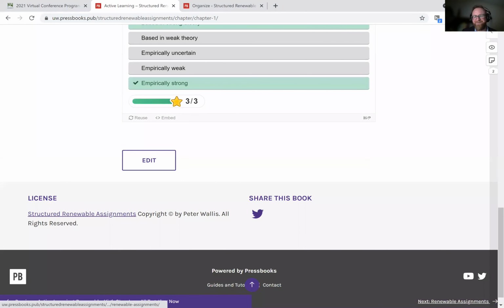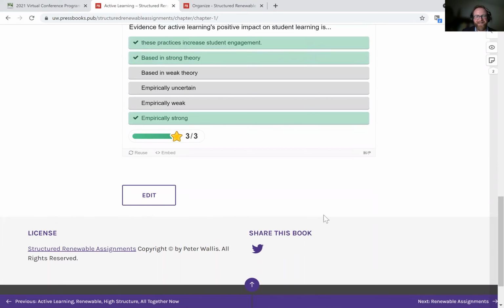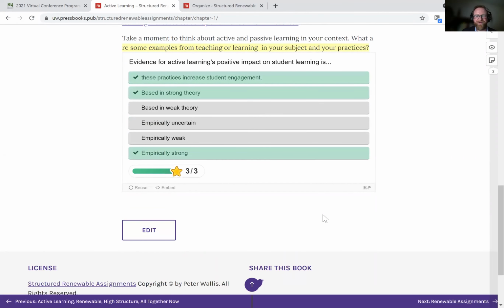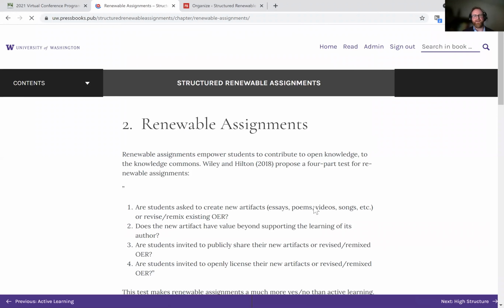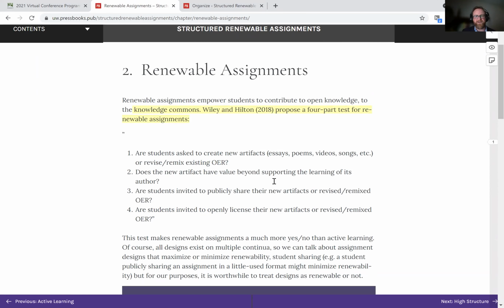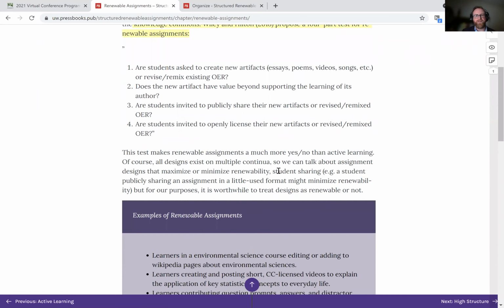I'm going to move on to renewable assignments. Like I said, really happy to take questions at any point during this. So if you have a question about active learning in particular, it's a great time to ask it in the chat. But I'm going to move on to renewable assignments. Right, so this is the second body of knowledge, a really developing body of knowledge. And renewable assignments, as I said earlier, are really about